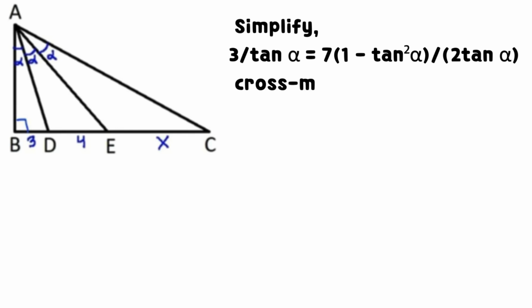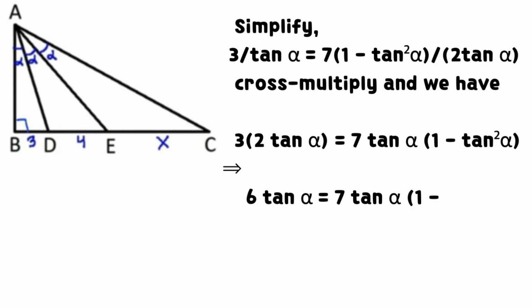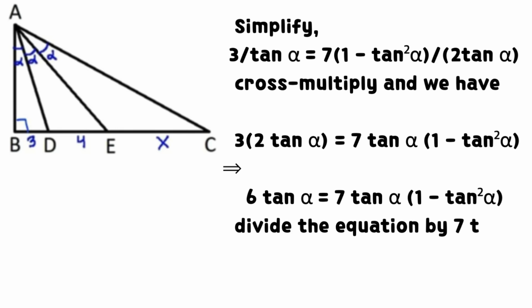Simplify. 3 divided by tan alpha equals the product of 7 and 1 minus tan square alpha all divided by the product of 2 and tan alpha. Cross multiply and we obtain the equation shown on the screen. It implies that the product of 6 and tan alpha equals the product of 7, tan alpha and 1 minus tan square alpha. Divide the equation by 7 tan alpha and we have that